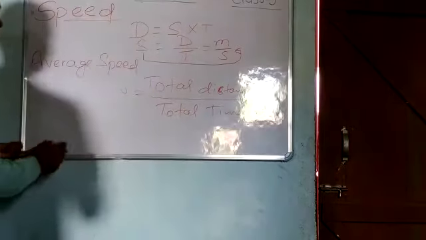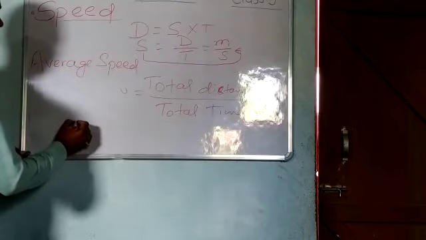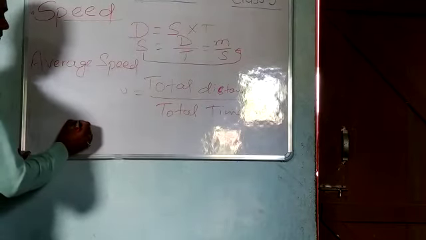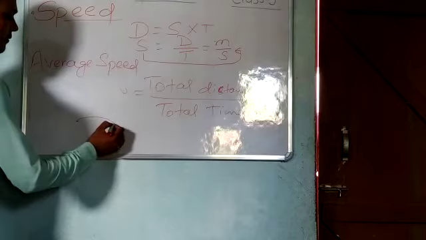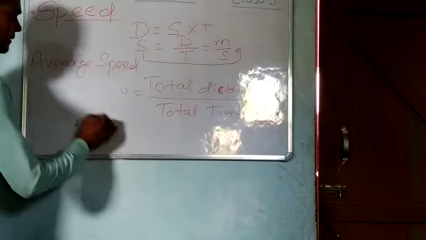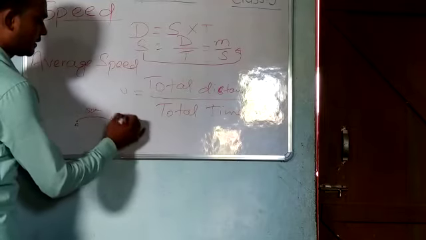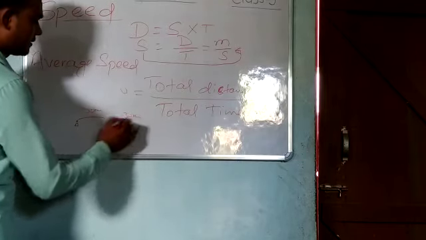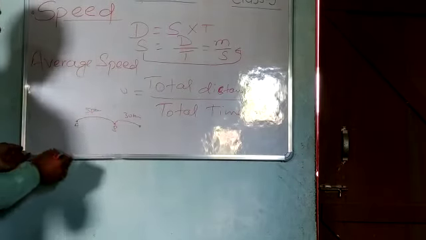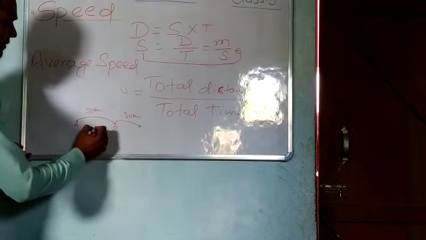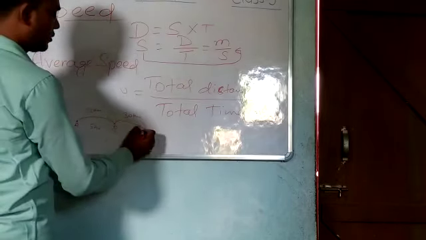If an object covers A to B 50 km, B to C 30 km, from A to B it takes 5 hours, and from B to C it takes